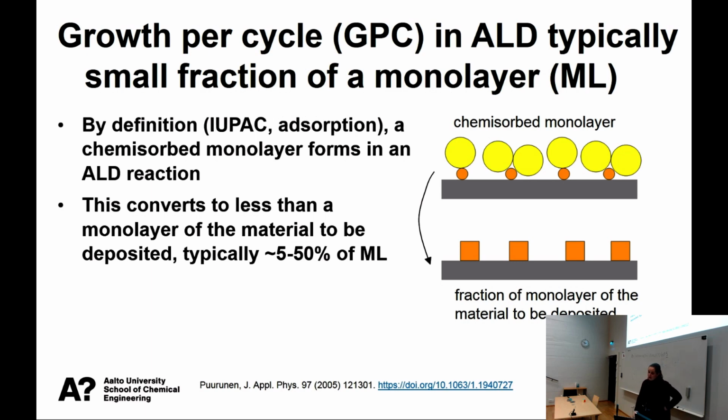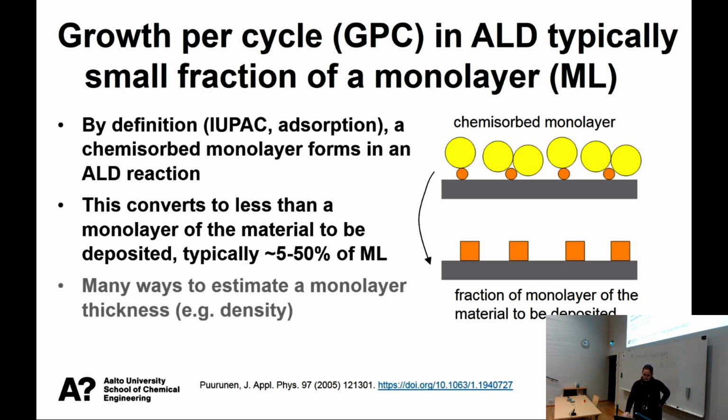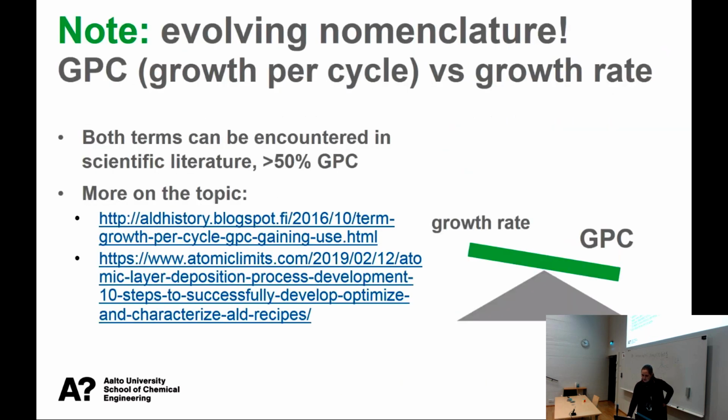And so typically, if you look at the values reported in the literature for ALD, in exceptional cases you can find a monolayer per cycle. You can find examples like that, but they are very exceptional. More typically you have something like 5 to 50% of a monolayer per cycle. And there are many ways to estimate the monolayer thickness. This is an extra note for those who actually work with ALD. So if you look in the literature,